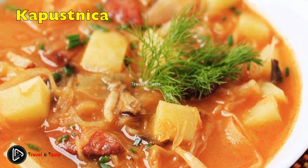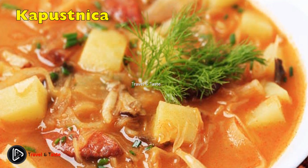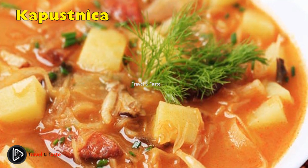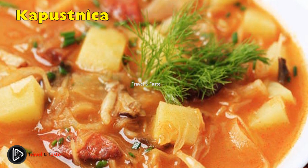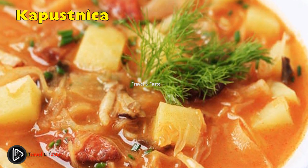There are even festivals dedicated to cabbage production, with the Stoop of a region leading the way. In many families, kapustnica is served at Christmas dinner, and this hearty soup is a must-have at any Christmas market